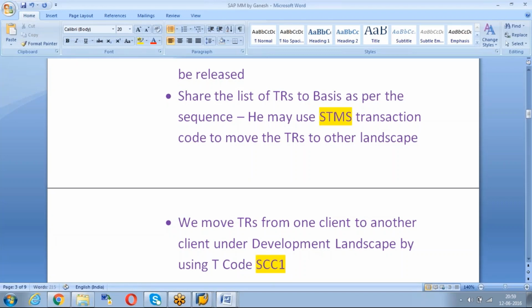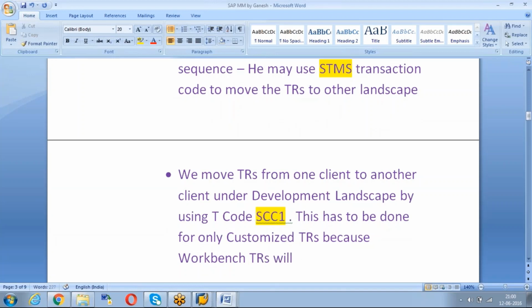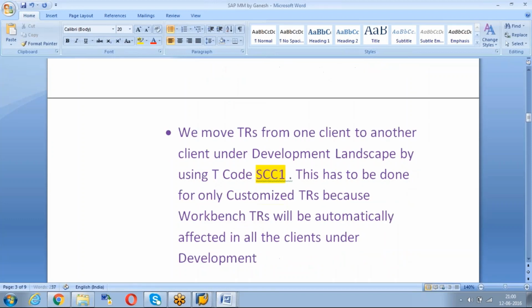This has to be done for only customizing TRs, because workbench TRs will be automatically affected in all the clients under the development landscape. Have you got my point? Okay. If you do any workbench request, it will automatically affect the other clients also. You don't have to move.